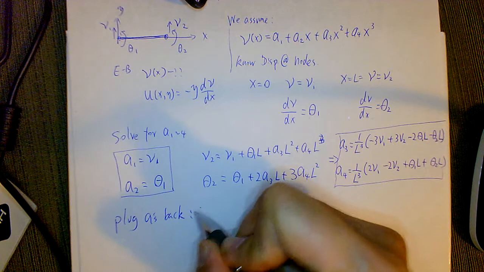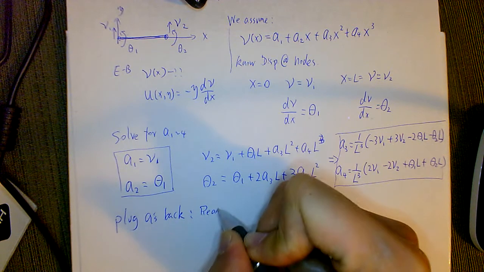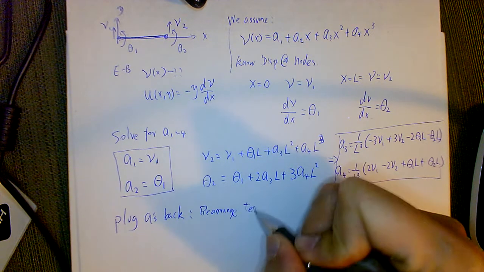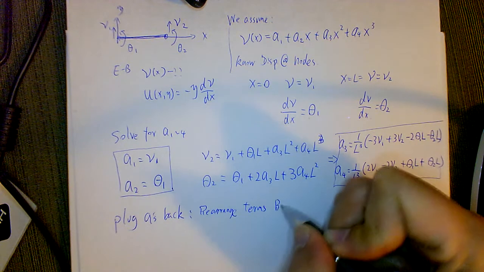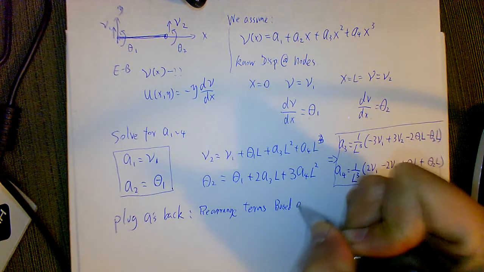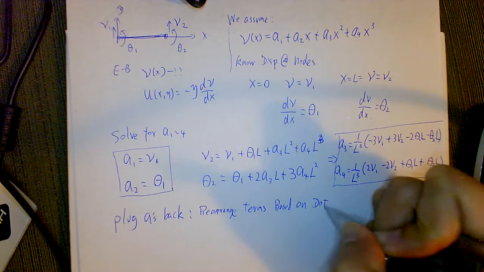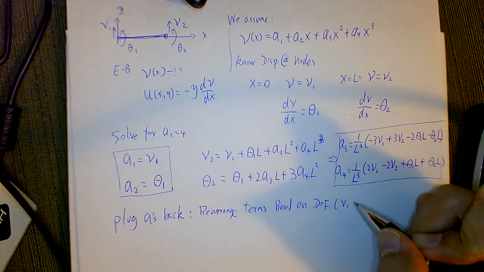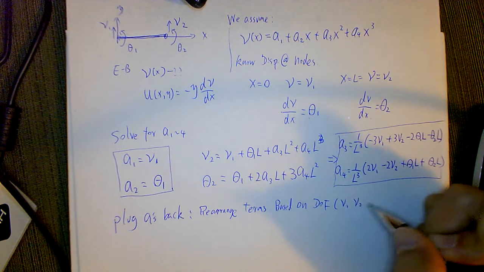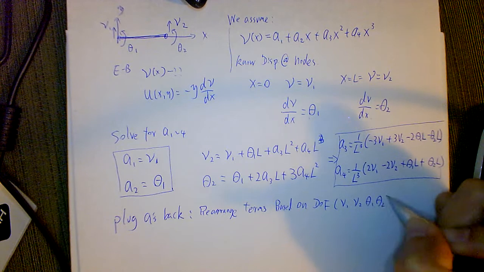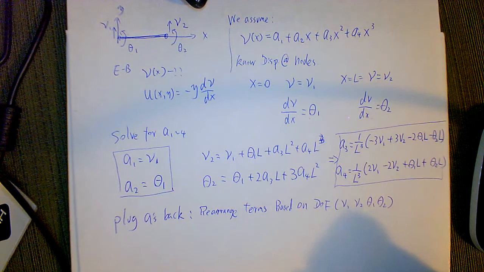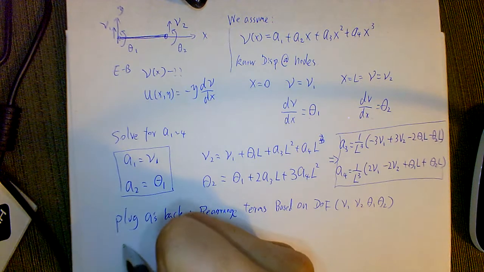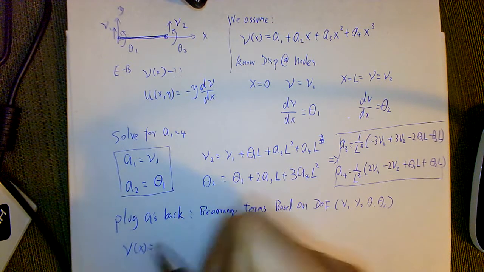So we'll rearrange terms based on the degrees of freedom, which means we'll group V1, V2, theta 1, theta 2, group those terms together. So in the end, we're gonna get something like this: Vx equals to